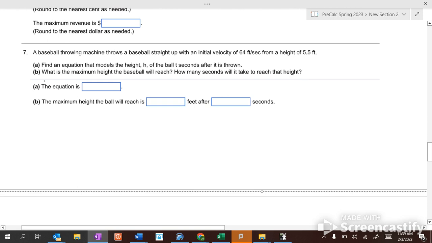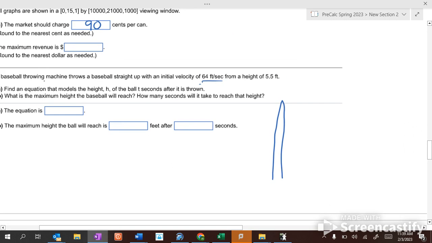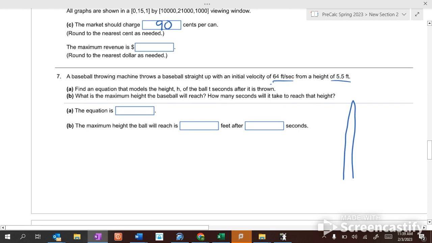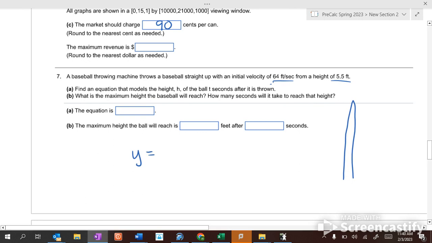A baseball throwing machine throws a baseball straight up in the air, and then it comes back down again. It throws it straight up with an initial velocity of 64 feet per second at a height of 5.5 feet. It's 5.5 feet off the ground. So, for our equations for throwing things up in the air, in feet, we get h of t, the height equals,